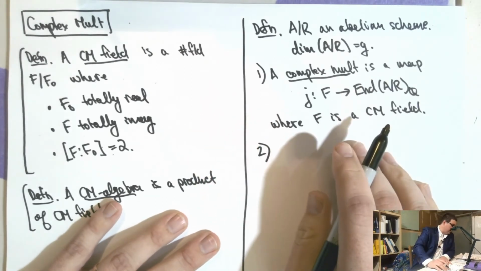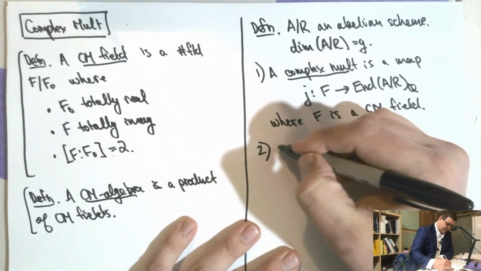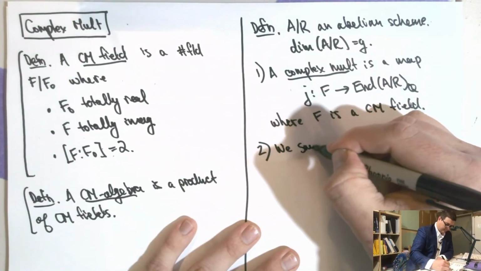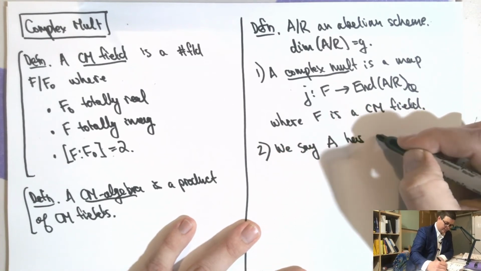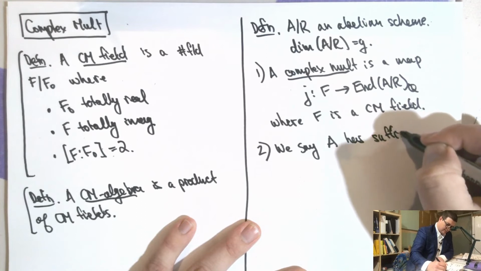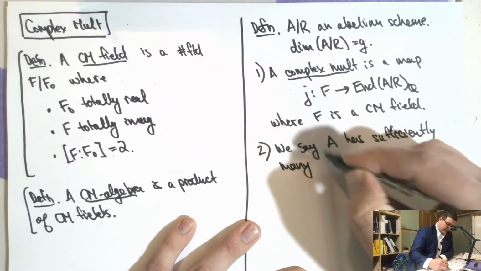So we say that A has sufficiently many complex multiplications